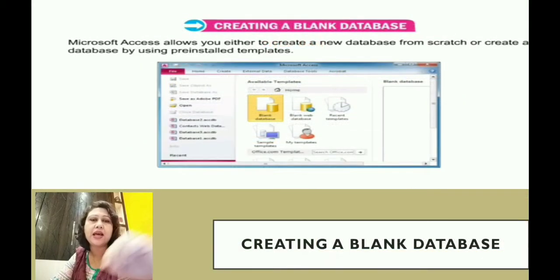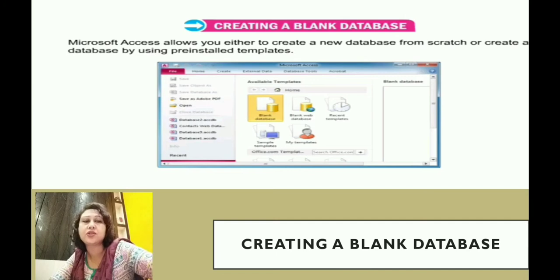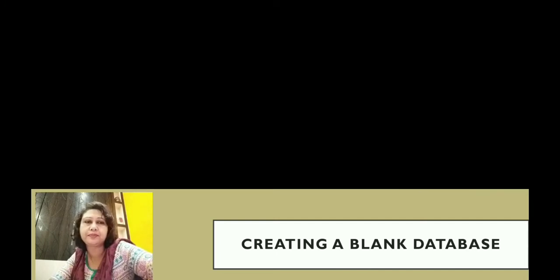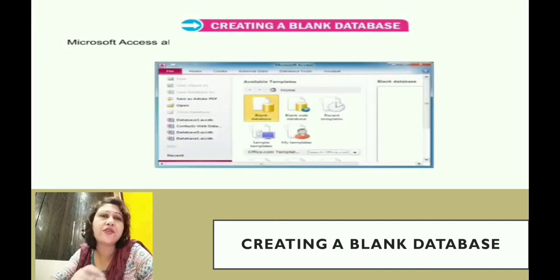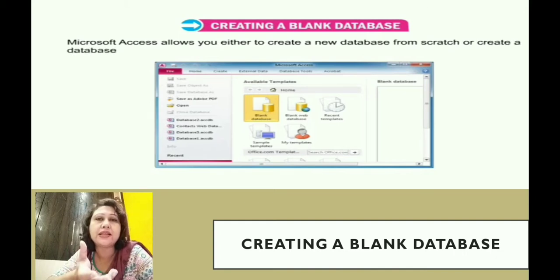Then let's go to the next topic, that is how to create a blank database in Microsoft Access. Microsoft Access allows us either to create a new database from scratch or to create a database by using certain pre-installed templates which are already inside the computer.